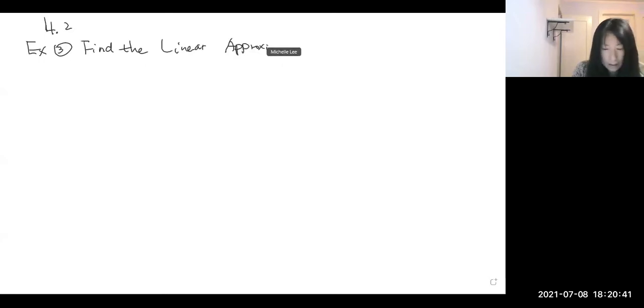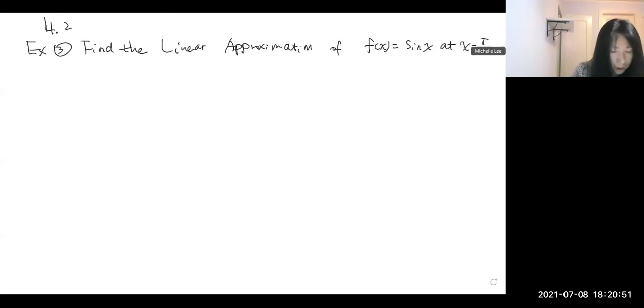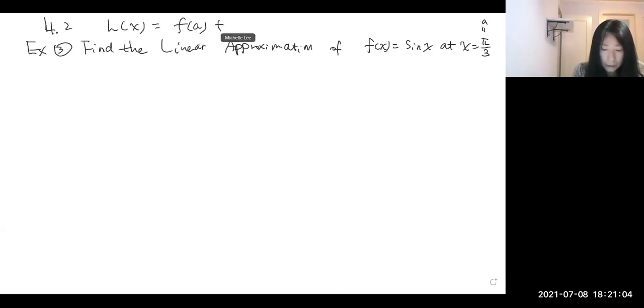Approximation: f of x equals sine x and x equals pi over 3. So later on, we're going to use this one as a, I erased the formula, huh? f of a plus f prime of a, x minus a, right? Okay. Now, let us do